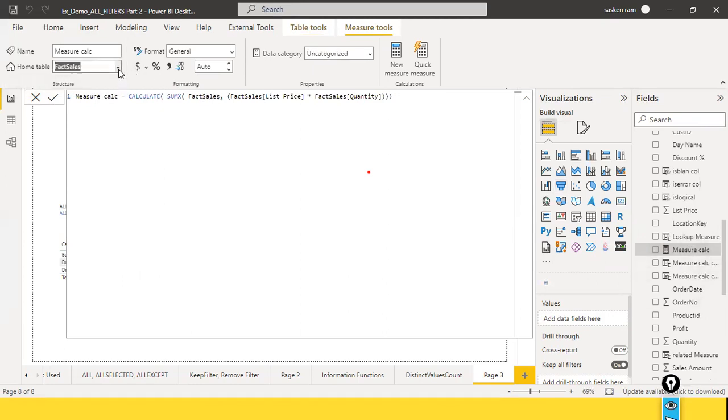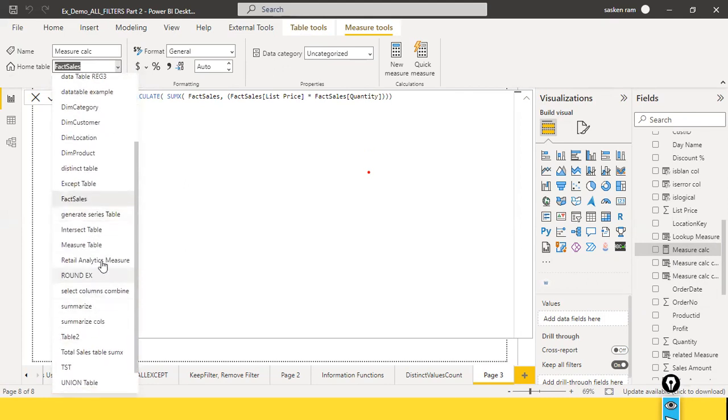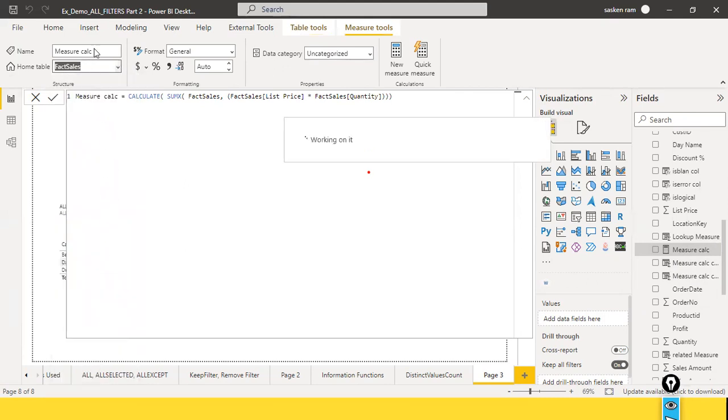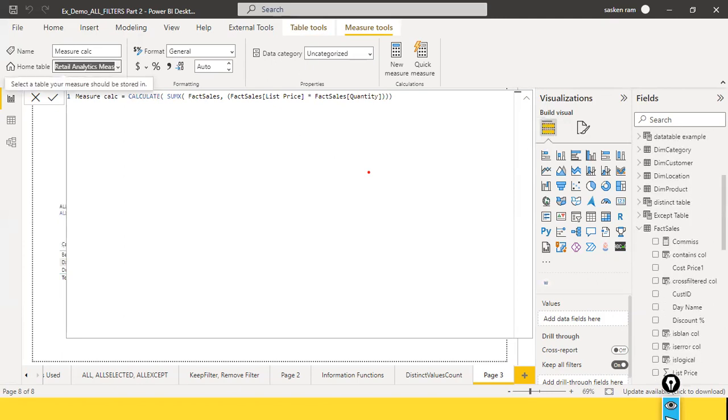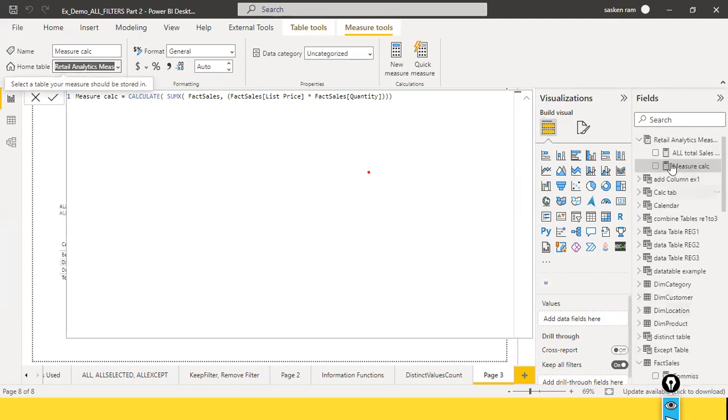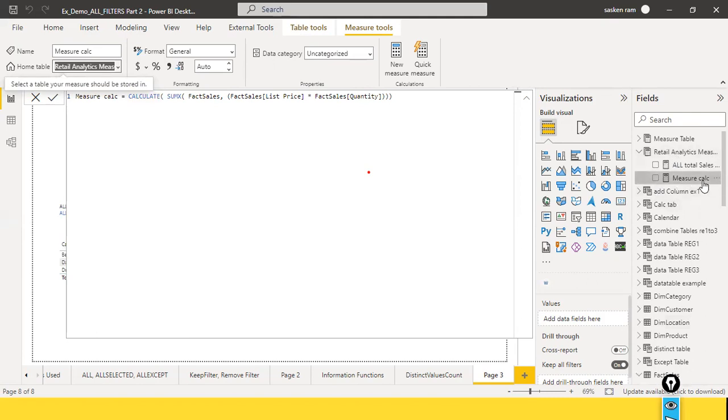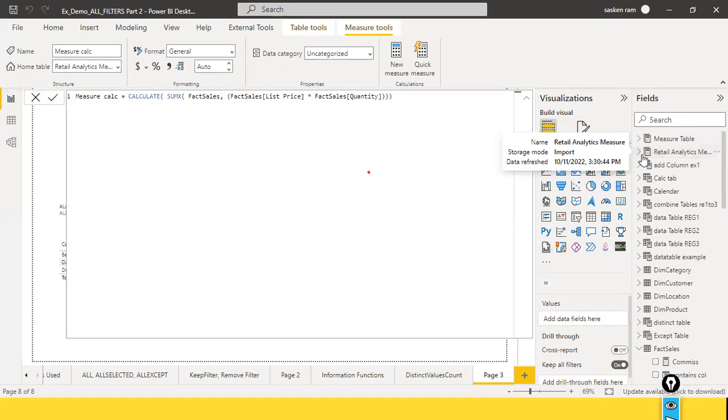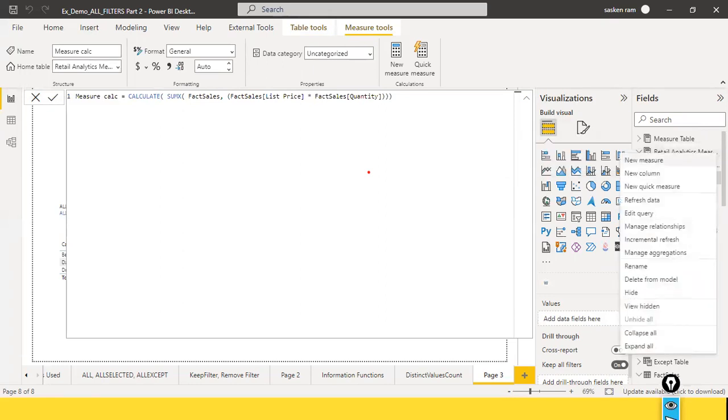And the home table is, in this case, the retail analytics measure. So move this measure under this newly created measure table. So in my case, the measure table retail. Look here, the measure calculate this measure and this measure. It's kind of a folder. You create a separate folder, and in that folder, you keep all the related measures. That will be very organized. And within this, you can create some kind of